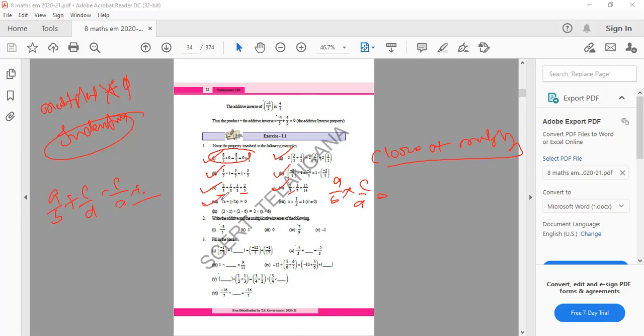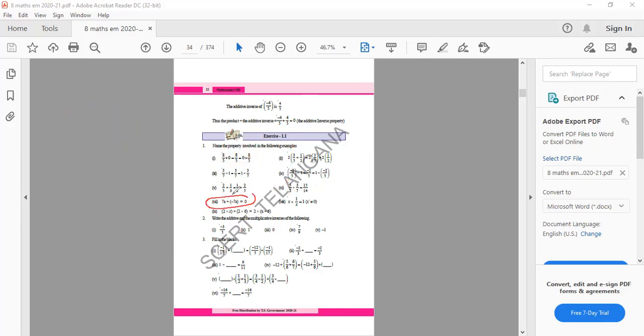Next, we go for additive inverse. Next question is additive inverse. This is the additive inverse because you're adding with additive inverse, you are going to get 0. Two numbers you're adding, you're getting 0, means both should be additive inverses. Multiplicative inverse means you are multiplying two numbers, you are going to get the answer 1. This comes under multiplicative inverse of each other.